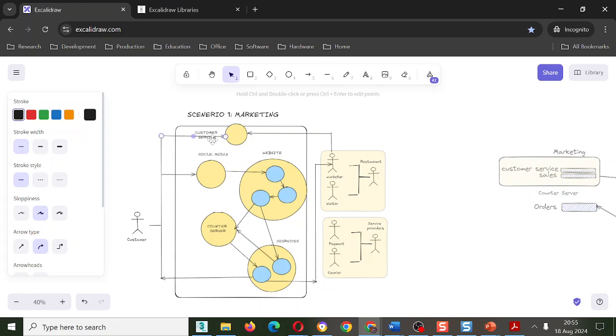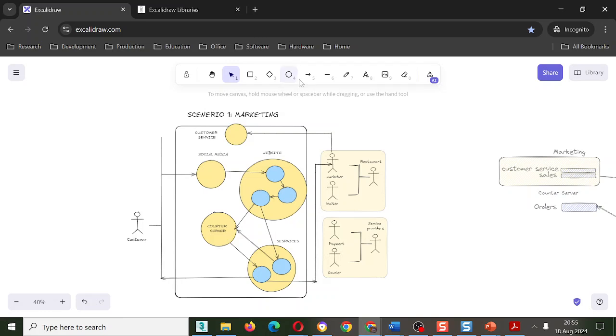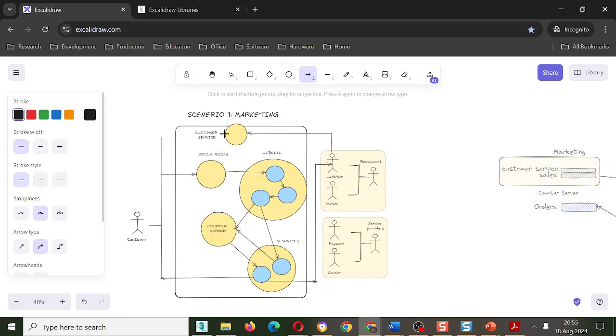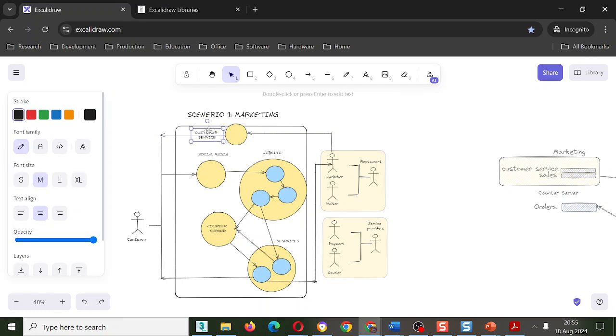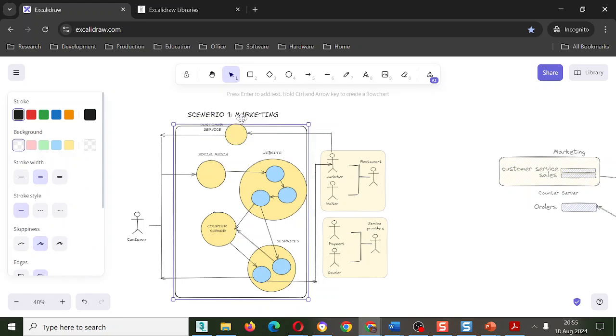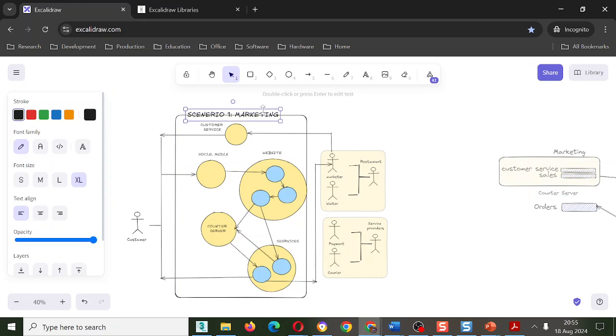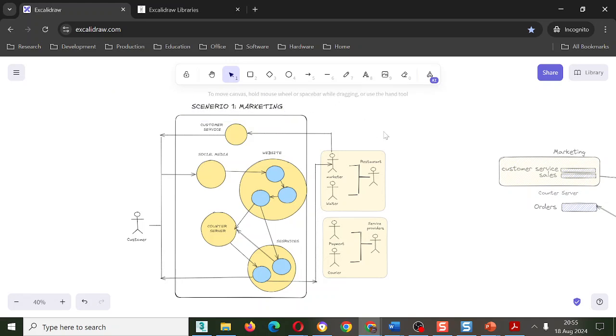Yeah, it might even be the other way around because the customer service will be calling the client. Sometimes the client is calling the customer service also. So yeah, that can also be the other way around. So that's it. That's now the whole thing. Now you have to do this for all three scenarios. This is just scenario one, but from what we are discussing, scenario one is marketing.